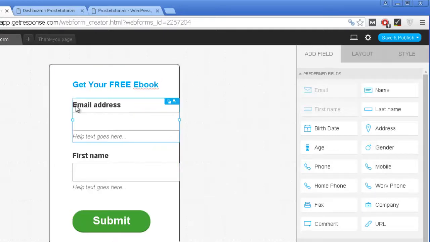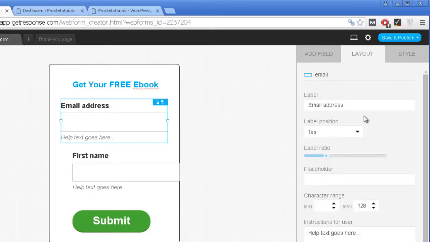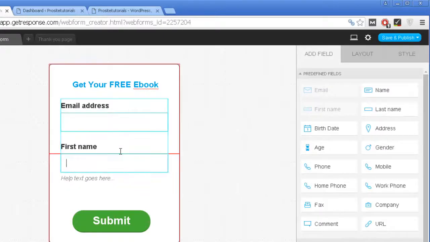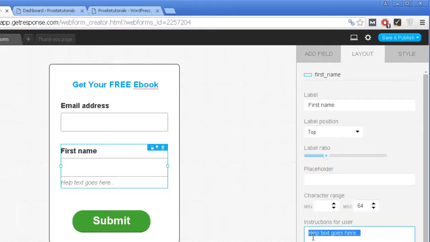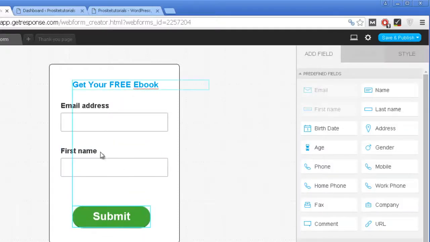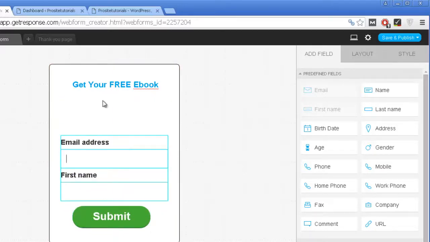And I'm going now to choose this area over here, just put it more in the center. And once I go to the layout options, you can see that I actually want to delete this instructions for users, just like this. I'm going to do the same thing below, just like this. And actually, what you would do is, I'm going to put this a bit below. You certainly want in this space,